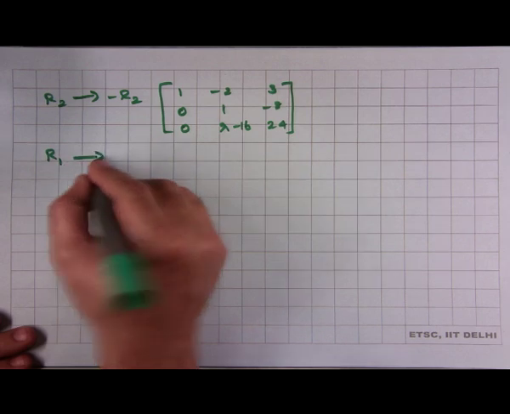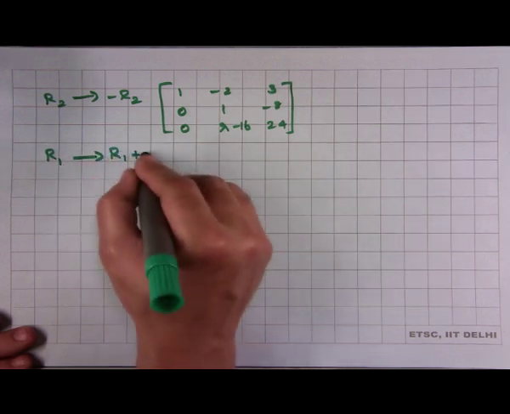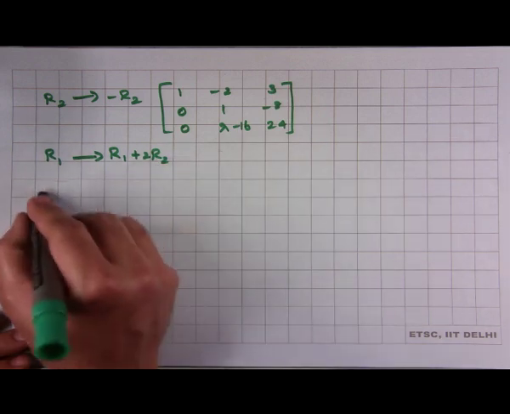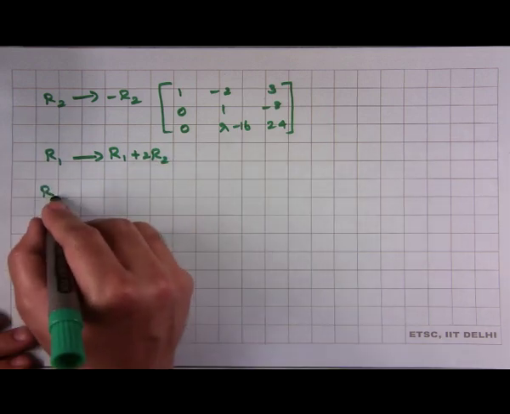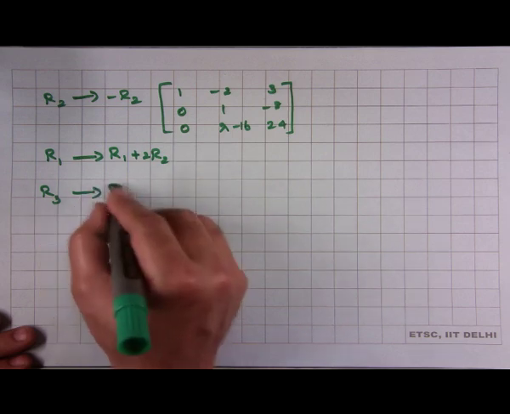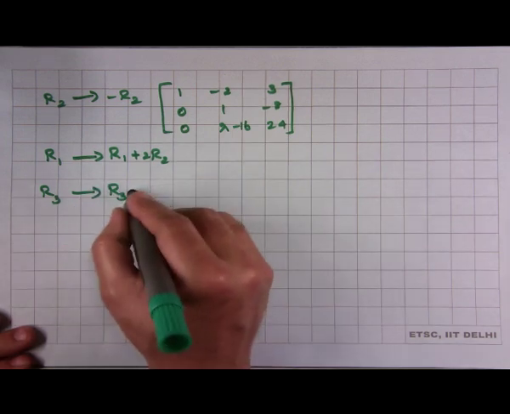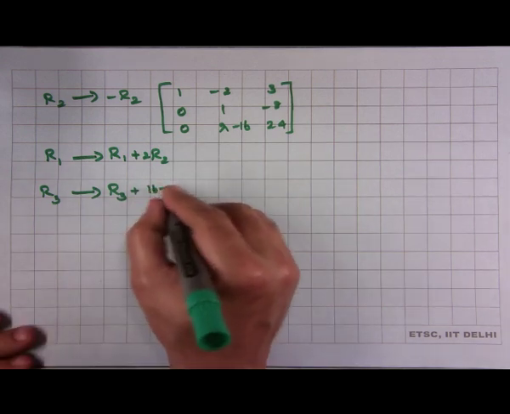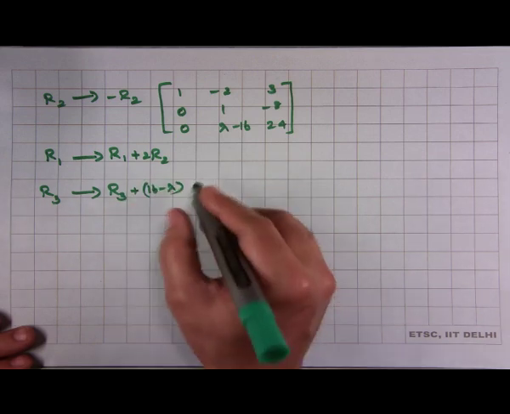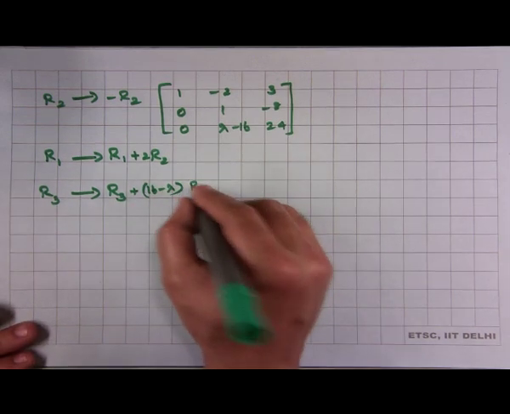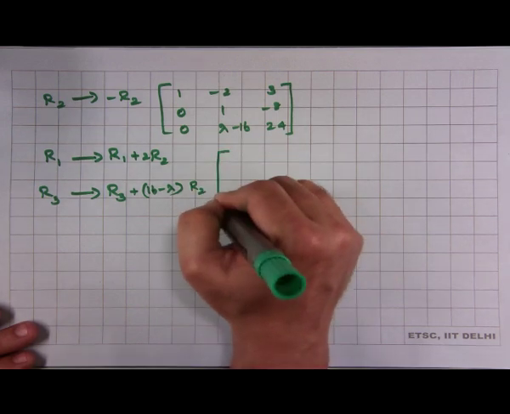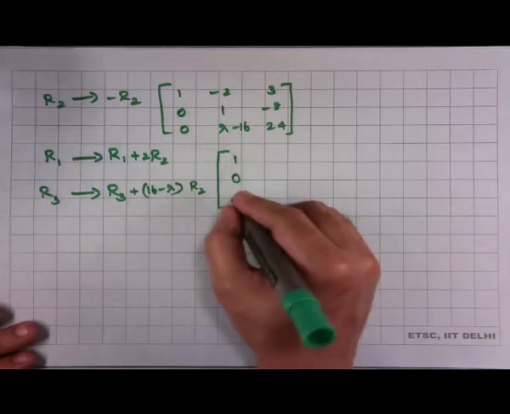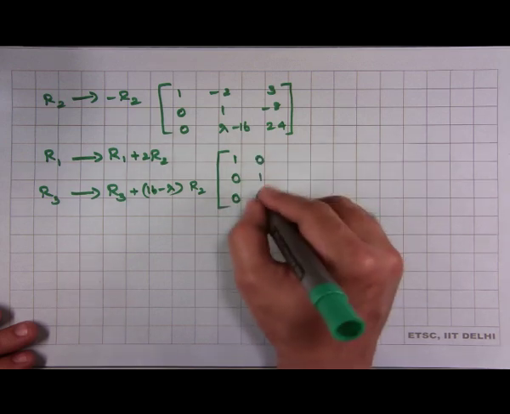R 1 is replaced by R 1 plus 2 times R 2, R 3 is replaced by R 3 plus 16 minus lambda times R 2. So, the first two columns are just going to look like 1 0 0, 0 1 0,